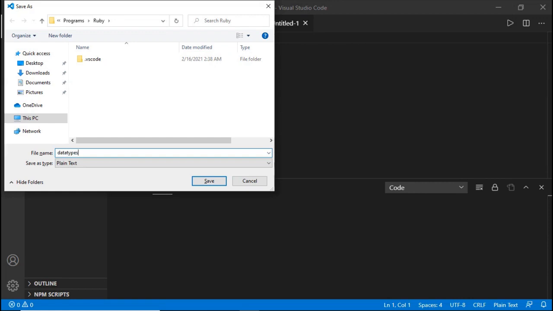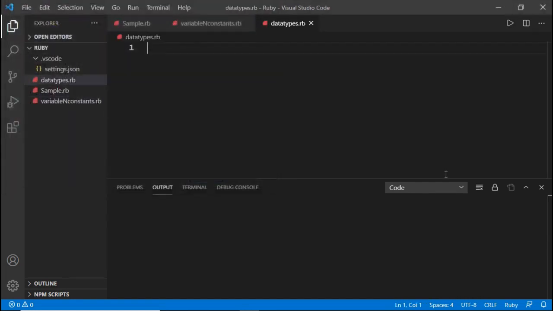Data types dot rb. See here, I use num as my variable name. I assigned an integer value to this variable. So to know the type of num, we use class, that is num dot class.